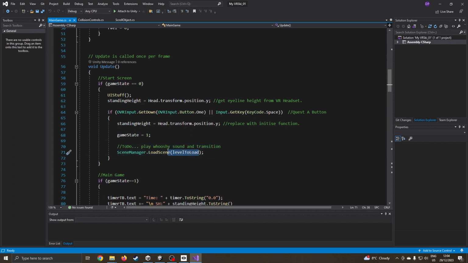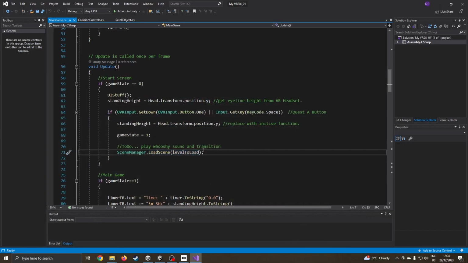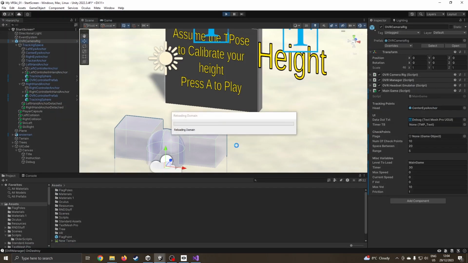So again, that's coming from a variable that I've set by putting it in just there, level to load, main game. So it loads the main game, and then I can go into game state 1. But of course, that's not this scene. That's all that's going to do. So if I'm in this scene, it'll press the height. And when I press the go button,